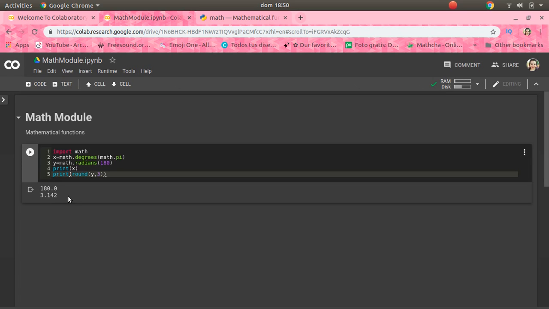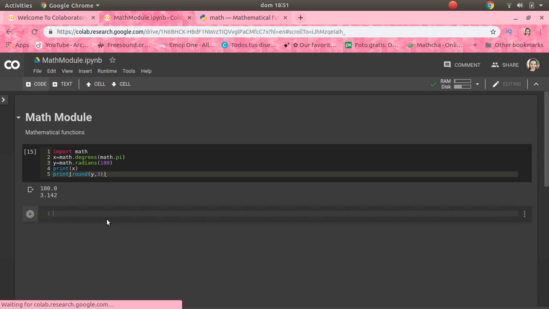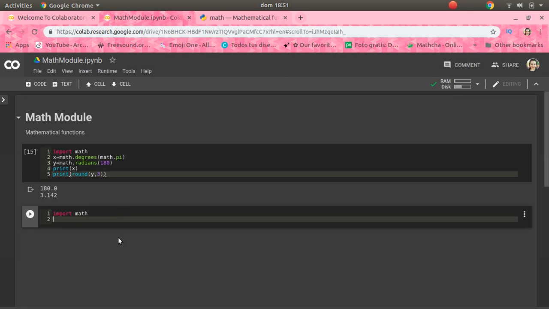Very good. So let's explore another option like the trigonometric functions, and you'll see it's easy peasy. Okay, let's add another code cell. I'm going to import math. And what about using sine? So I'm going to add another variable also called y, use math.sin, and remember, all the functions in